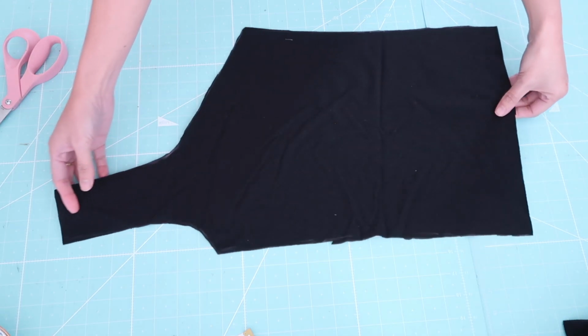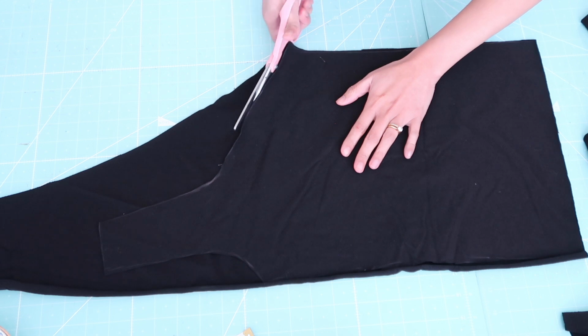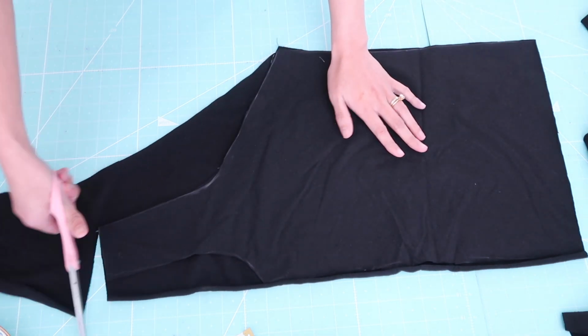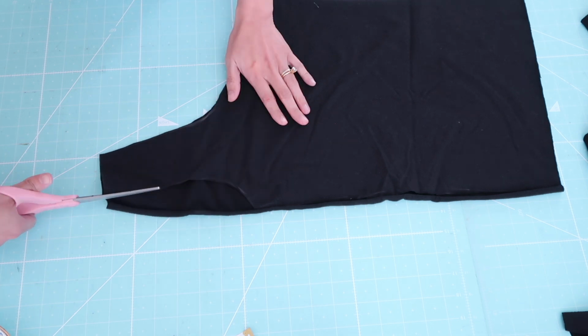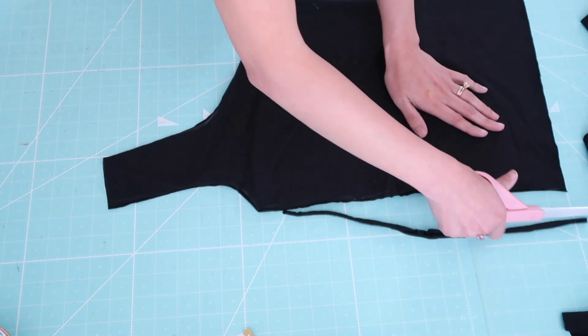I am going to use this as a template to cut out the other piece. By the way, be sure when you do this that the stretch is horizontal, so it will allow the fabric to stretch. Then I join the right sides of the fabrics and I'm going to stitch the shoulders and the